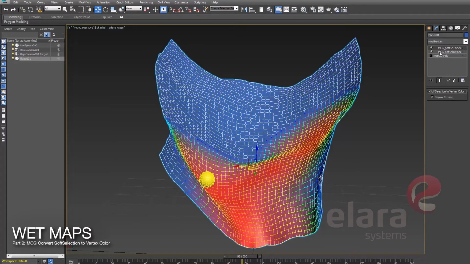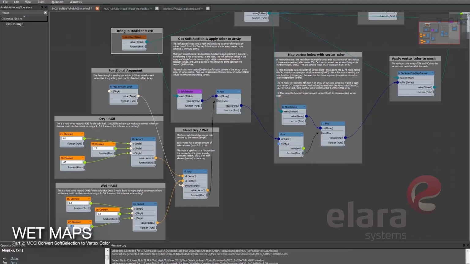The second part of this tutorial goes into how we're going to take a soft selection and convert it into vertex color. So let's jump right into the flow. So here we are inside the Max creation graph. And what we want to do is take a soft selection and change it